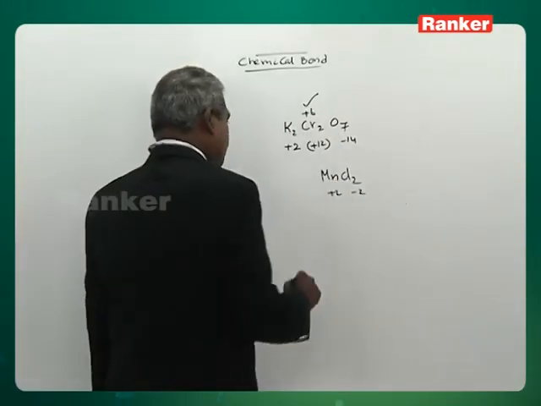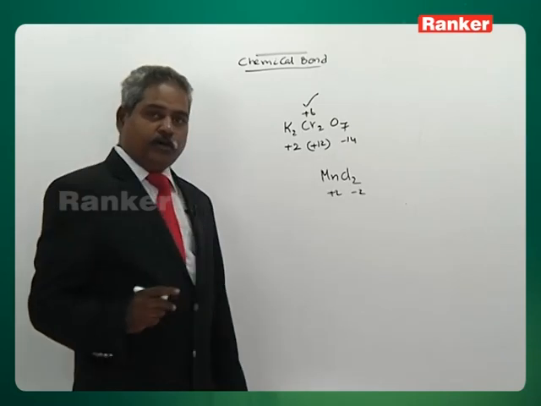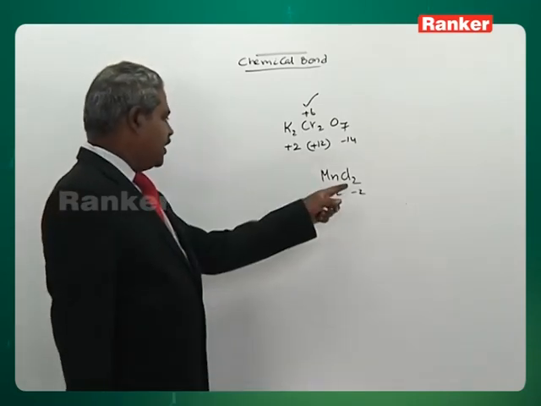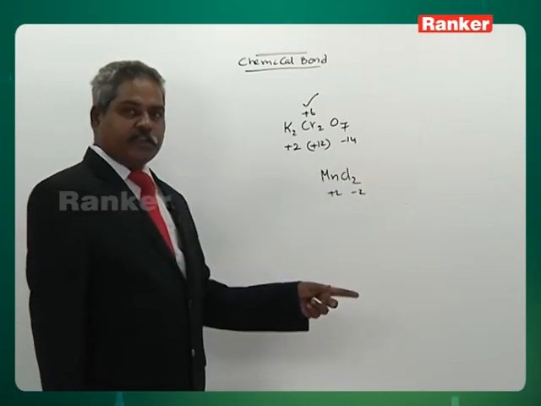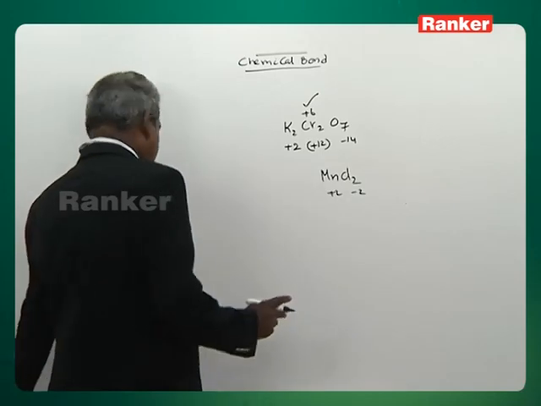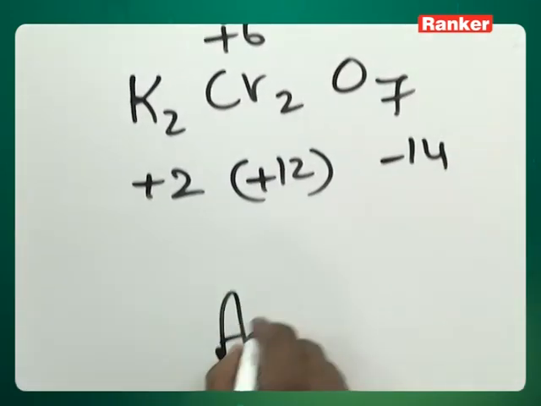Okay. Manganese is not fixed, but we know that one of them has to be positive, one of them has to be negative. Chlorine is the negative one, and when chlorine takes, it can take only minus. Chlorine has only one negative, that is minus. Arsenic sulfide,